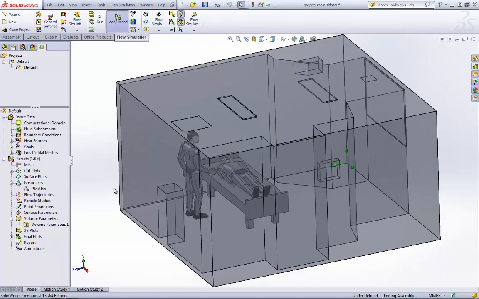All right, so that's just a very, very basic overview of our HVAC module and the comfort parameters and what they mean. Everything that I've gone through here, if you have Flow, you have it in your Flow installation directory. This is just a hospital room tutorial. If you go to